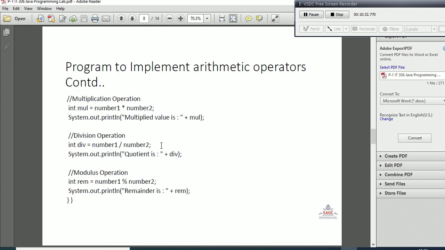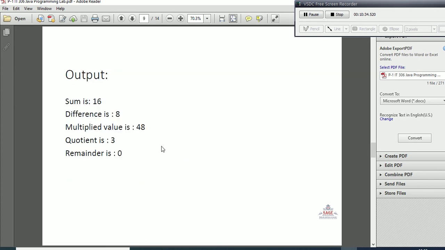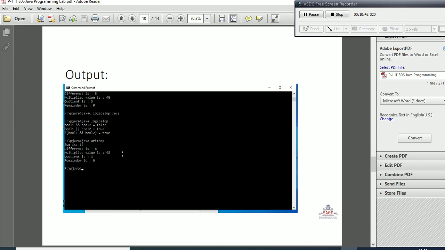So now we will see the output of this program. The sum is 16, difference is 8, multiply value is 48, quotient is 3, and remainder is 3. And here you can see the screenshot of the output. The output is the same: the sum is, the difference is, the multiply value is this, and the quotient and remainder are this.